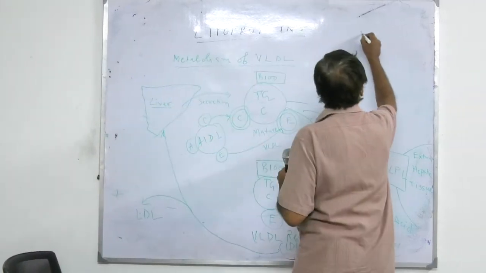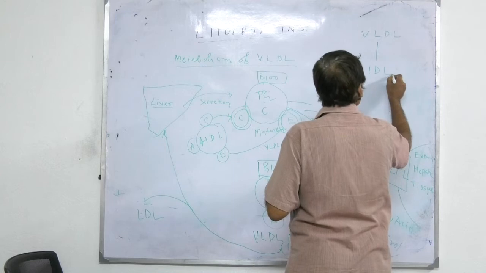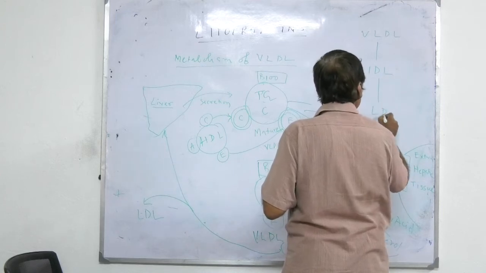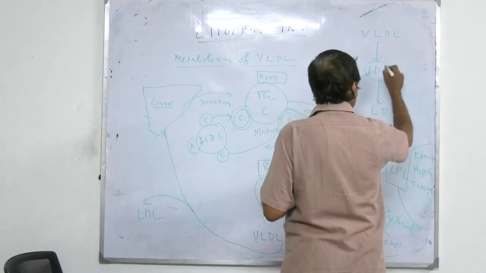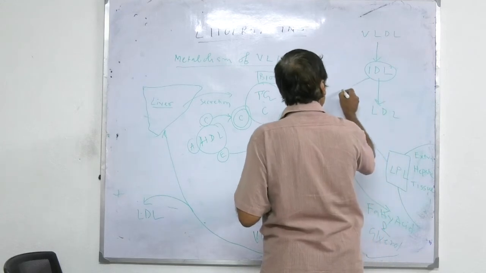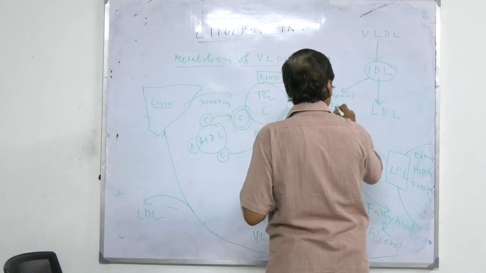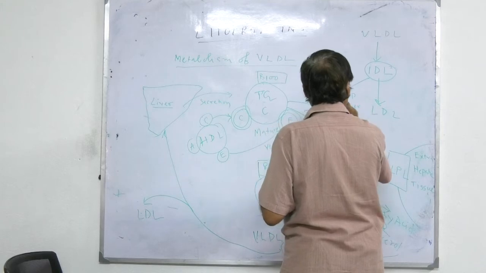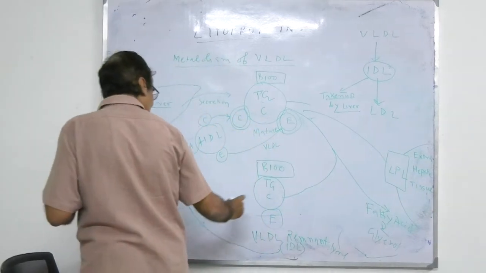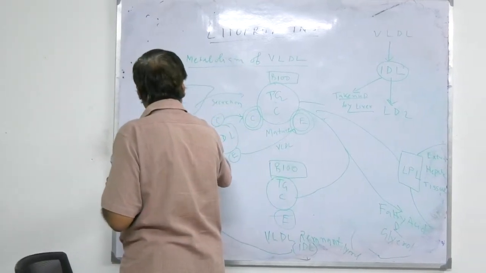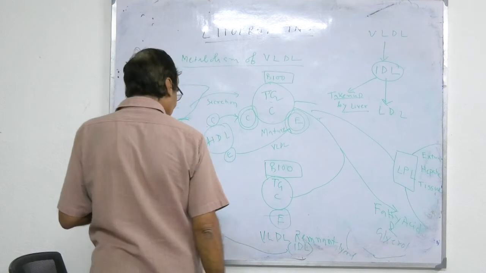That means প্রথমে VLDL হলো, তারপরে হলো আইডিএল, আইডিএল থেকে হবে এলডিএল। This is the flow, VLDL to IDL to LDL. আর একটা ক্ষেত্র হচ্ছে taken up by liver, লিভার অ্যাকসেপ্ট করে নিতে পারে, লিভার অ্যাকসেপ্ট করবে ওই B100 রিসেপ্টর দিয়ে। আবার এলডিএল যেটা তৈরি হলো,